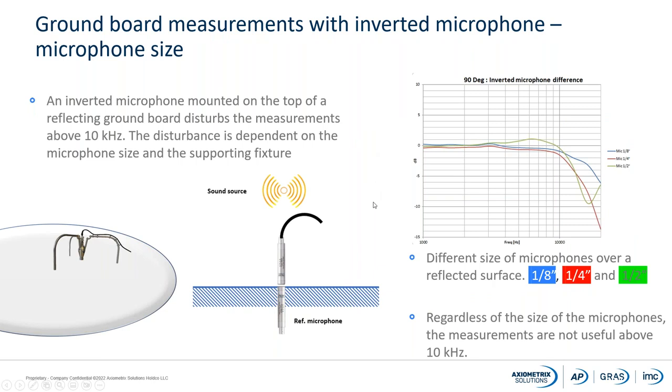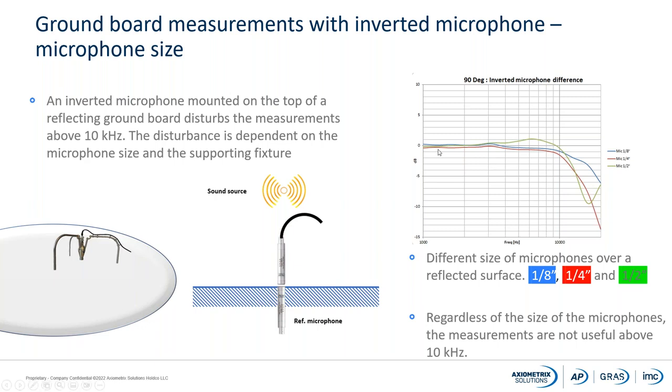The other test we were doing, this is also a test, it is not a simulation. This is actually where we were putting one reference microphone below the plate, and then we were putting different types of microphones on top here. So we were using a 1/8 of an inch and 1/4 of an inch and 1/2 inch. And of course, our idea was that if you put a smaller microphone, then it will disturb the measurement less, and therefore you would have better result than for a 1/2 inch microphone.